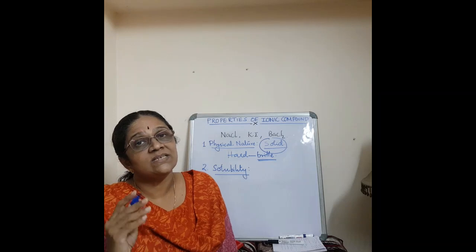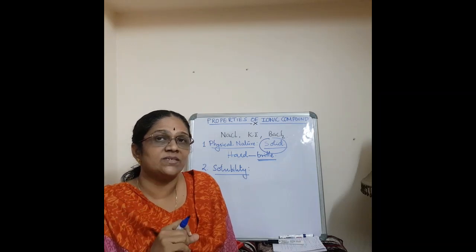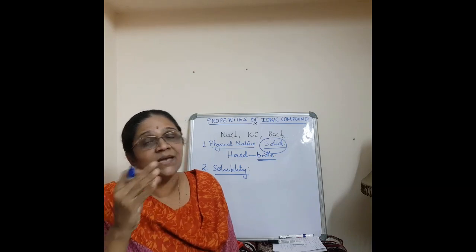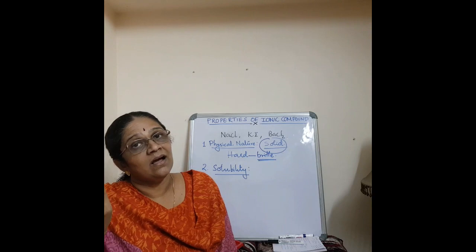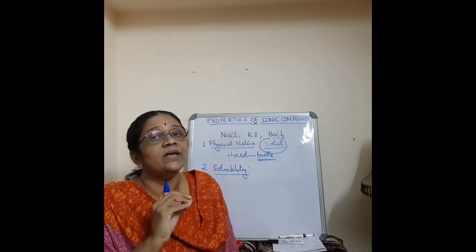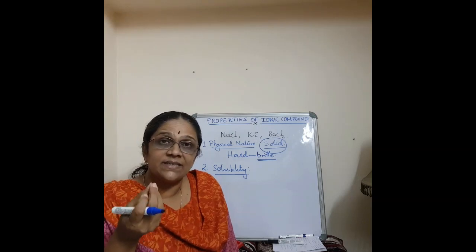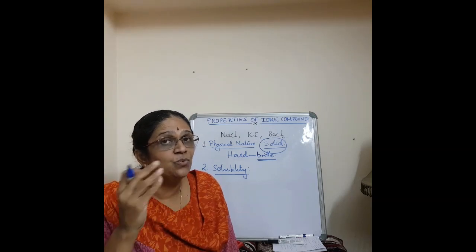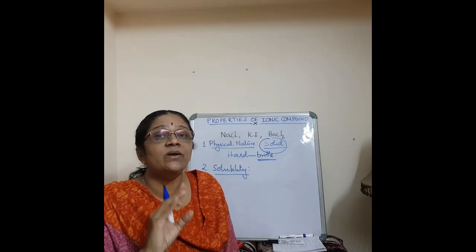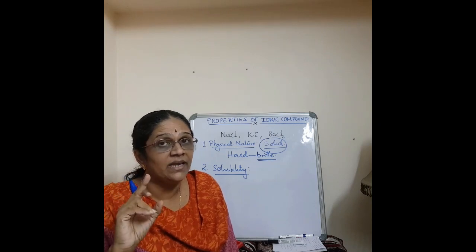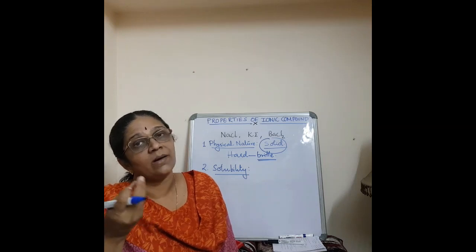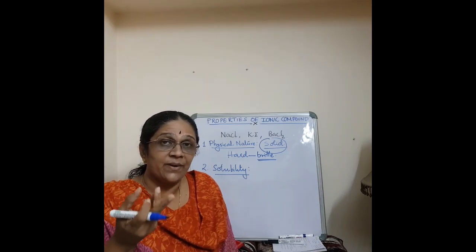Now, ionic compounds are generally soluble in polar solvents. Polar solvents means like water. Polarity means plus and minus charge will be there. That you will study in higher classes. So, just remember that ionic compounds are soluble in water, or generally polar solvents. Water is polar, H2O, H plus and OH minus, isn't it? So, ionic compounds are generally soluble in water, but they are insoluble in organic solvents. Organic solvents means benzene or chloroform or carbon disulfide or kerosene, petrol, etc.